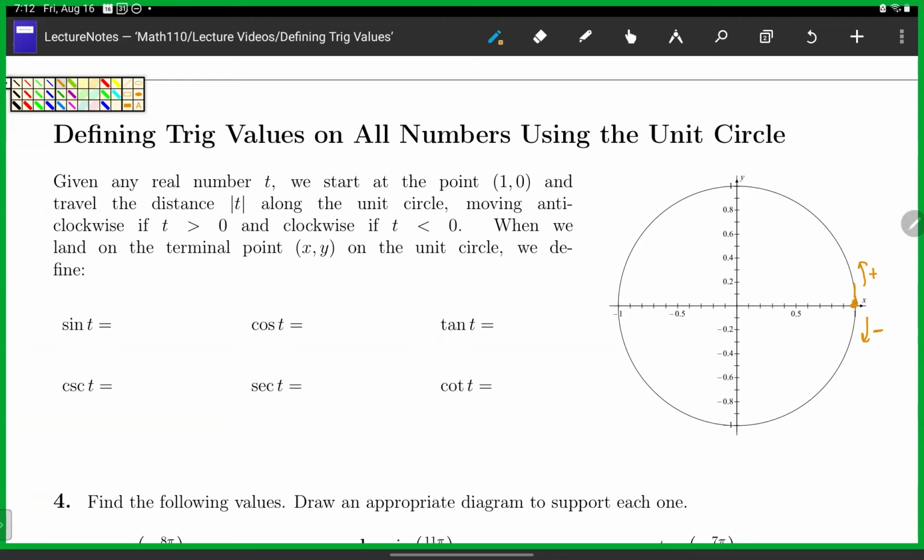So if I go t units along the unit circle, and I end up on this point (x, y),